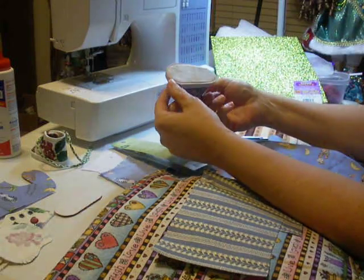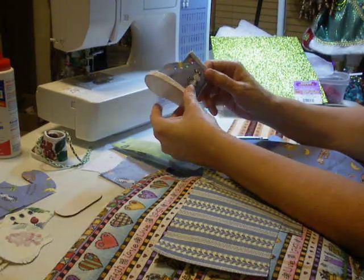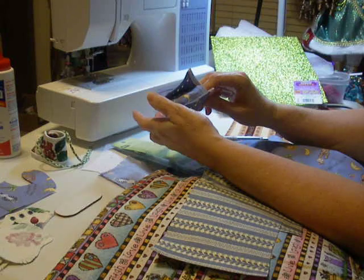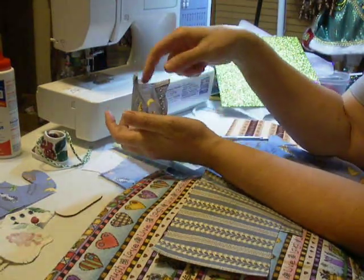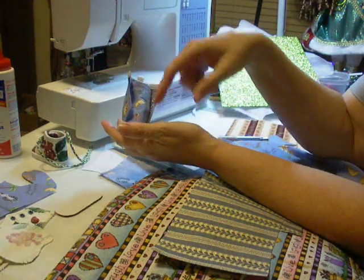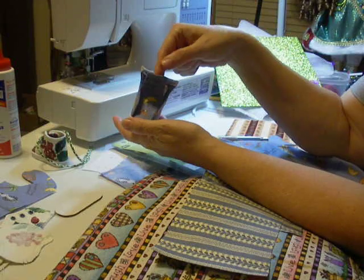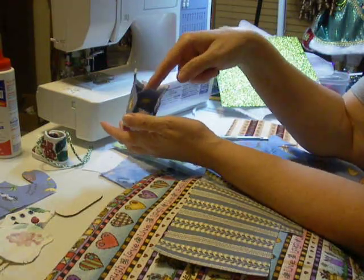I'll probably end up having to take it off and re-glue it, but I thought I'd try it the way it was to see if that would work and if it would actually stay on. Another thing I tried on this was the Pellon. I'm not happy with the Pellon at all. I've only put this on a couple times and already it's all crushed up, so I'm going to go back